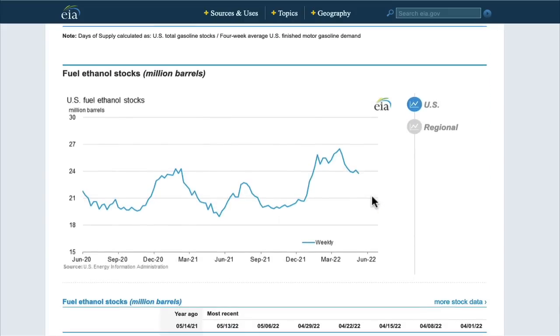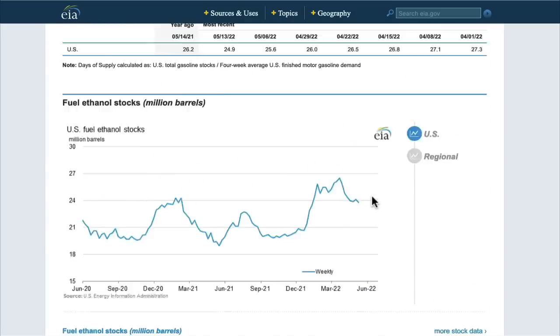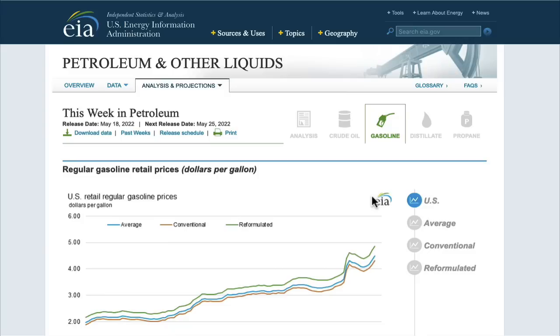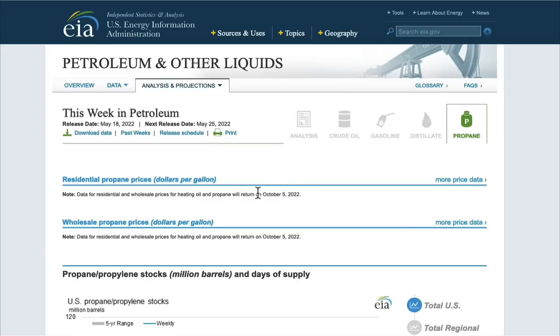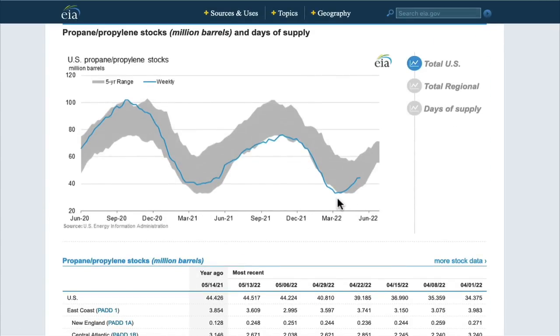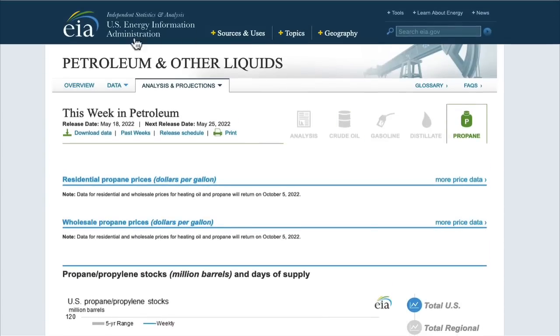And there are more interesting things here if you want to continue looking into this. If you're into oil, gasoline, heating oil, even propane, you can look at where we are in terms of propane. It's starting to improve. I don't know if you recall about a month or a month and a half ago, propane used to be about $15 to fill a cylinder, all the way up to $24. It was ridiculous. Well, it's starting to improve. If you're into this kind of stuff, this is a great site and a great resource.